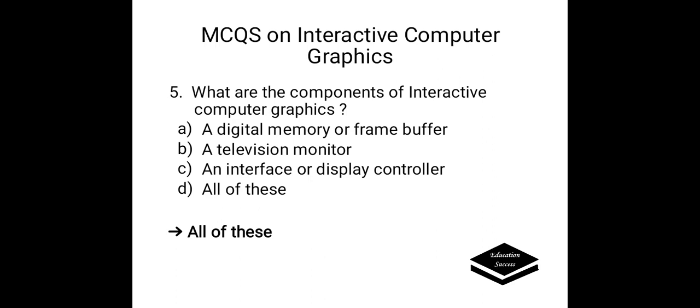What are the components of interactive computer graphics? Options are A, digital memory or frame buffer, B, a television monitor, C, an interface or display controller, D, all of these. Correct answer is all of these. The interactive computer graphics has components like digital memory or frame buffer, television monitor, an interface